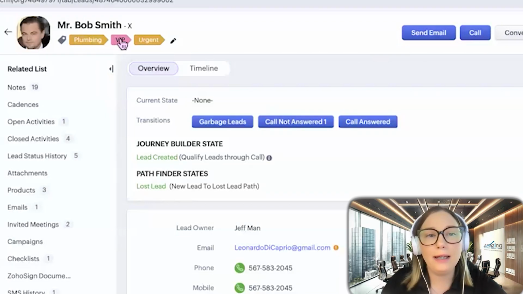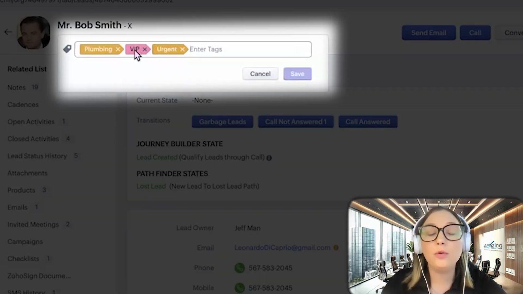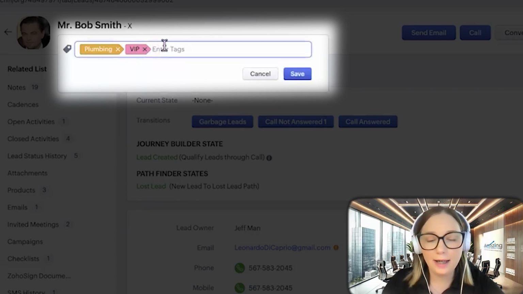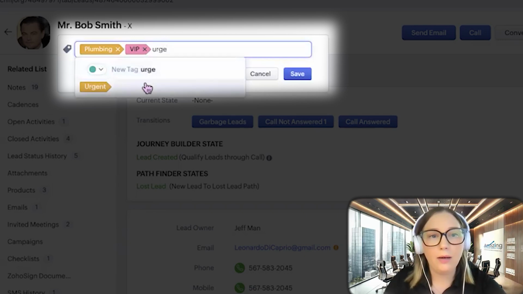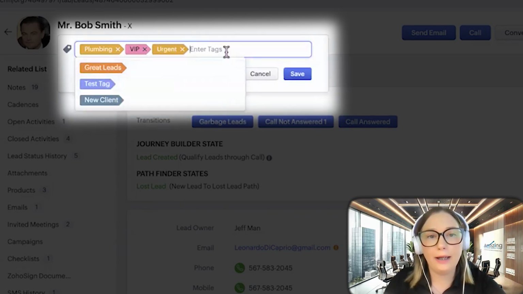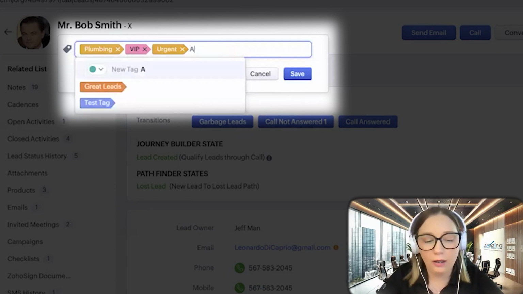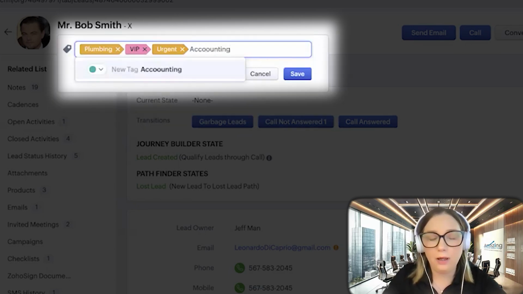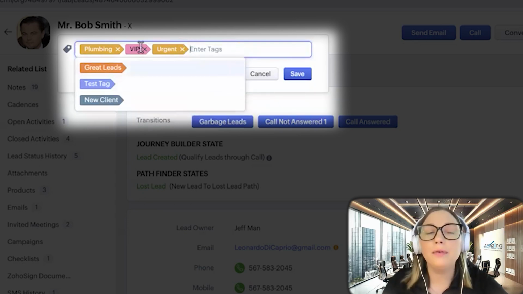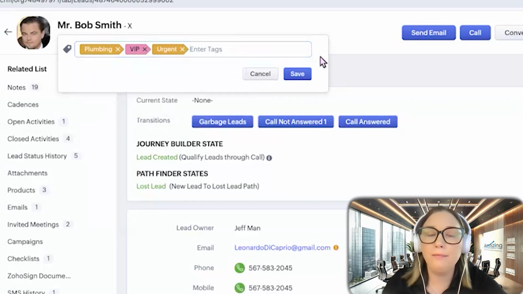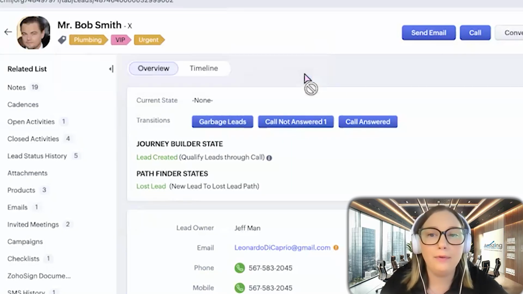Next, we have these underneath. These are called tags. So we can create new tags or use existing tags. So for example, if I wanted to do urgent, I would just type it in and I would find that it's already there. Now let's say that we want a new tag that's not there already. Then we would just type in whatever we want it to be, press enter, and now you have a new tag. And these are great for filtering records. So we talked about some filters and some different views you could use before. This is another way to filter records.